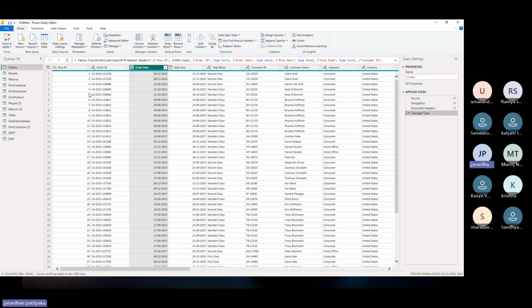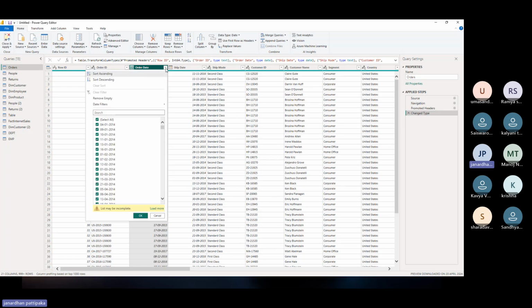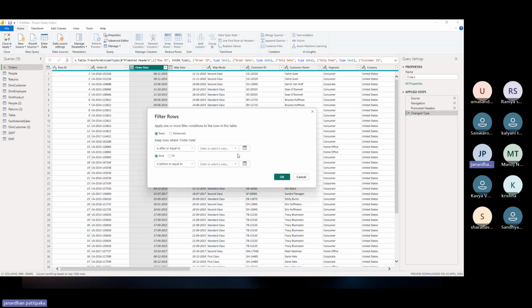Now, how to load the data of only 2016, specific data. I have explained already while explaining the date function. Suppose how to load 2016 data only. Your client wants to see only 2016 here. So you can apply the date filter. In the date filter, you can go for Between. In this Between, you give the start date and end date. So the start date is, you can come to 2016,